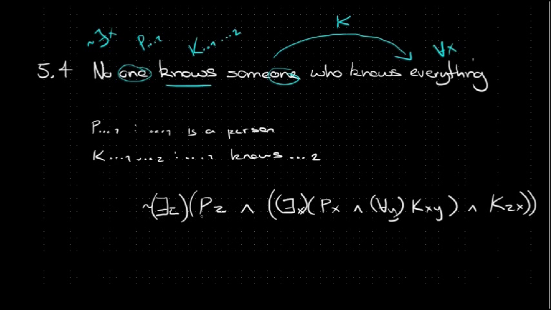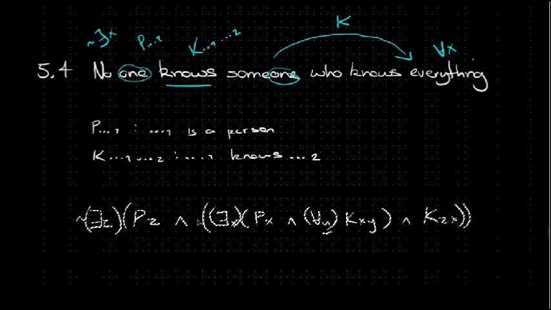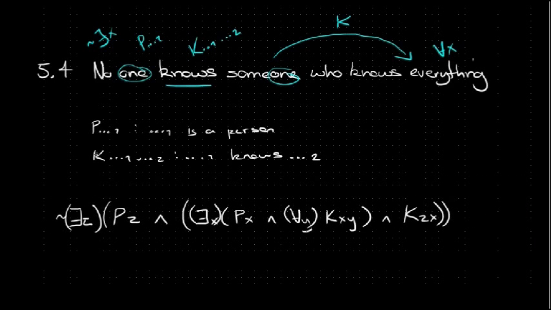Simple as that. And notice that we have to make sure our brackets are all in order here. We've got quite a lot of brackets, so pick it apart carefully. Make sure that everything comes under the right scope. So we want to say there's no z such that all the z's have to be under this scope. So this bracket starts here and ends here, so that encloses this. Then we've got the second bracket and the x having scope over just these two parts. So that's wrong, right? We need to have